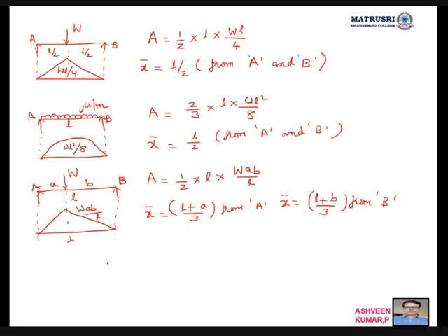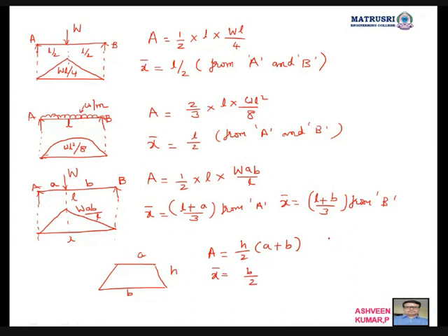Understood? Suppose you are getting a trapezium, say, a trapezium formula also I will give. There is a chance of getting a trapezium sometimes. So trapezium, it is symmetric only. This is say A, this is say B, and the height is H. What is the formula for area? This is H by 2 into A plus B. Then X bar is B by 2.